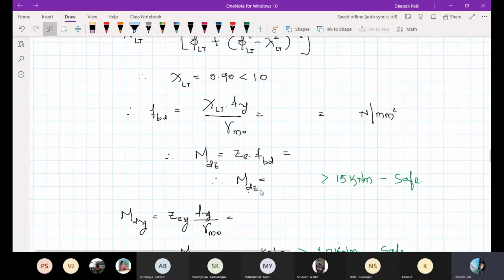Then you can easily calculate the FBD value, which is xi LT, 0.9, multiplied by 250 divided by gamma m naught, which is 1.1. So you get the value of FBD as 204.5